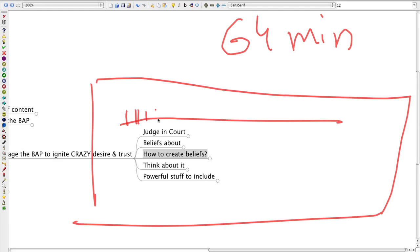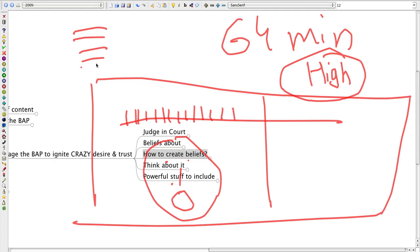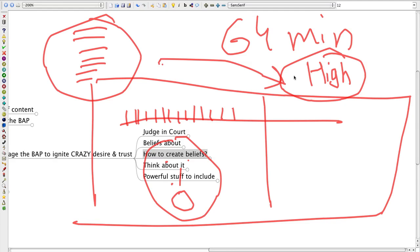The first 50 minutes is just creating beliefs, opening up people's minds, giving them aha moments into what this is, creating a desire through creating beliefs for a system that makes you high ticket sales, and everything is done for you. Even if you have objection 1, 2, 3, 4, 5, 6, 7, there's a system that can do everything for you. Even if you're just getting started, even if you don't know how to close sales on the phone, even if you haven't made any money before, whatever it might be, all these different objections, there's a system that can